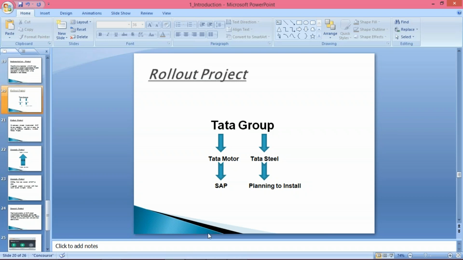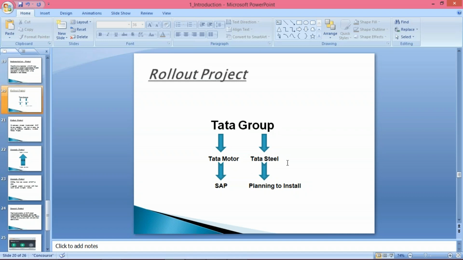Okay, so now let's suppose that Tata Group has invited certain IT companies. It could be Wipro, Infosys, TCS, any IT companies. Several IT companies are there, so they can invite anybody. They have invited some IT companies for this implementation. So the first time, at group level and at subsidiary level also, the installation has taken place for Tata Motors. So that is why this Tata Motors project is going to be treated as an implementation project.